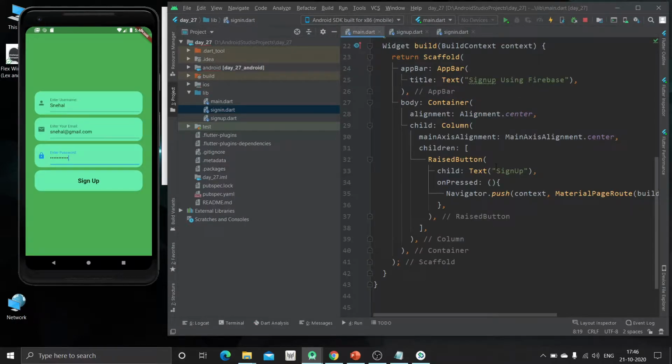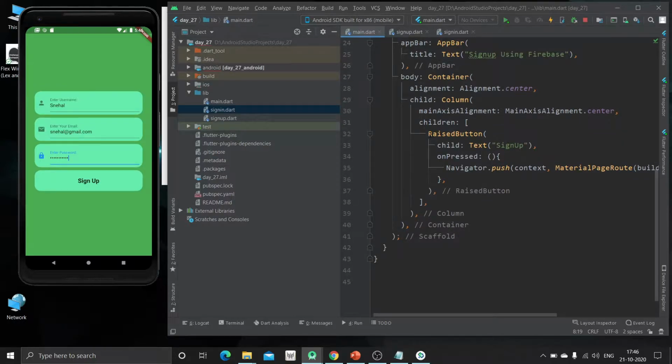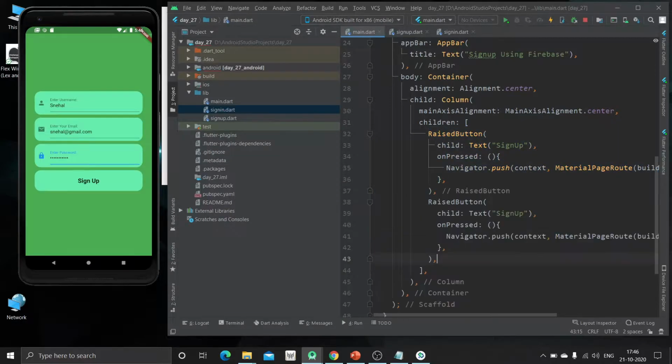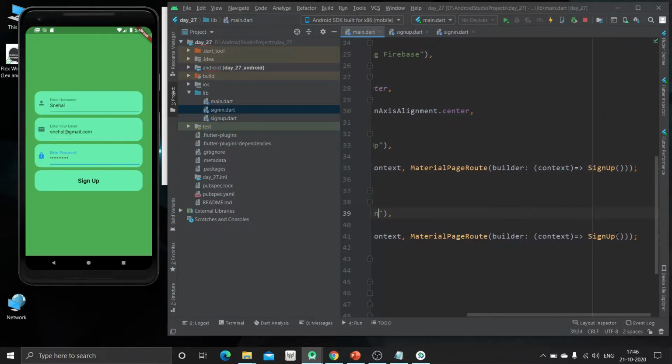Now we are going to again create one button like we created for the sign up page. Just copy this button and paste it, and we are going to change the text, that is, this button is for sign in, and the sign in page should be called instead of the sign up page.